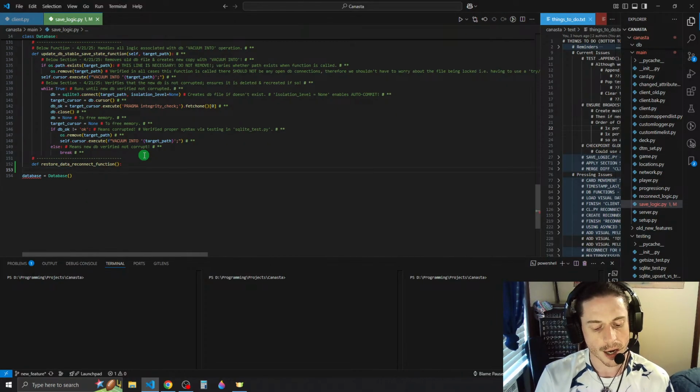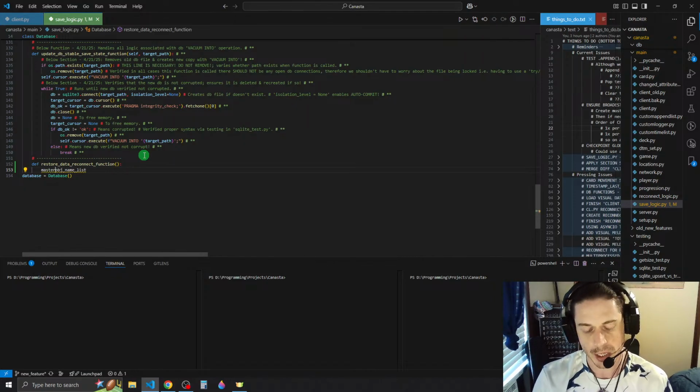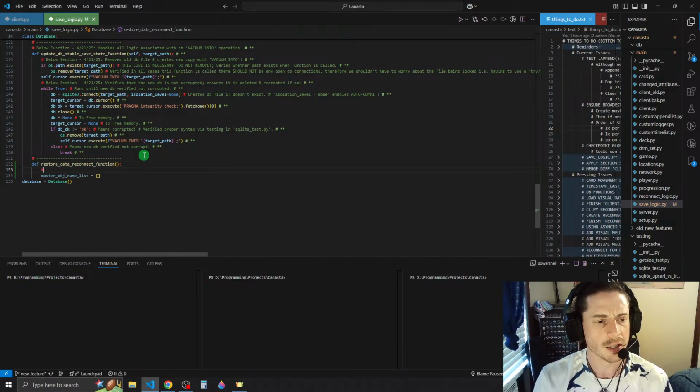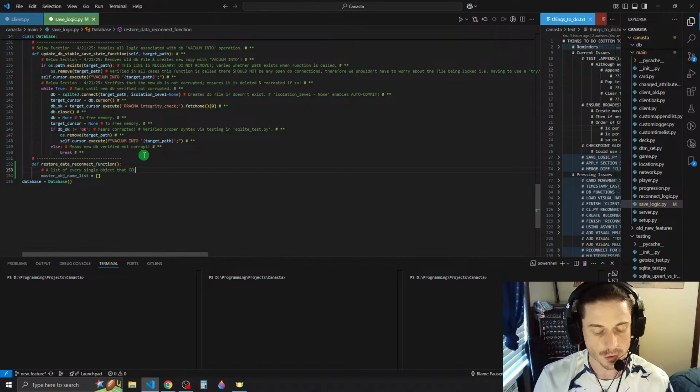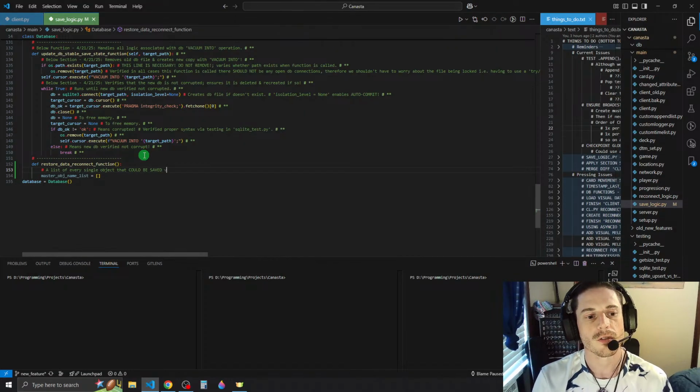Yeah, so we would say object name list. We'll call it master object name list. And this would be a list of every single object that could be saved via the main while loop run through.